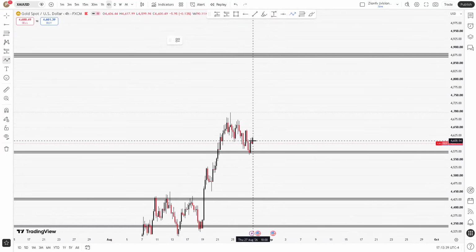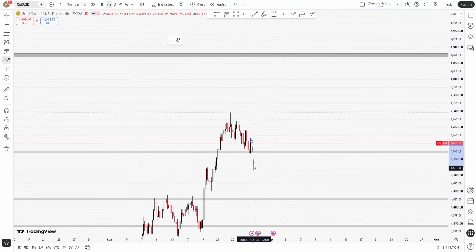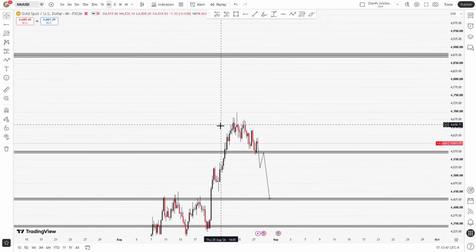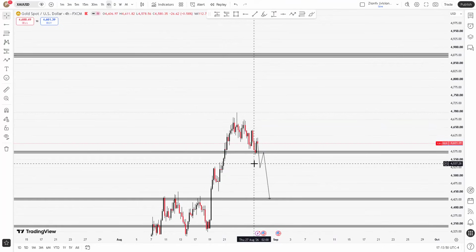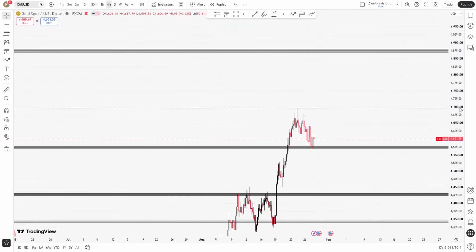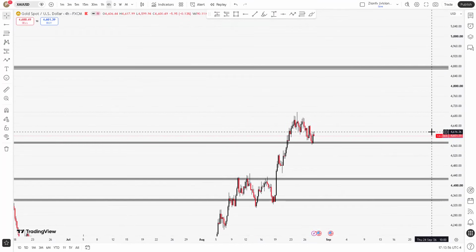If gold should come to this level and give me a break here, I might possibly wait for a test and maybe give a sell. You see now how interesting it is. Just waiting for the market to break a particular level, you wait for a good test, then you make your money. This is how you need to do your top-down analysis in order to make money trading